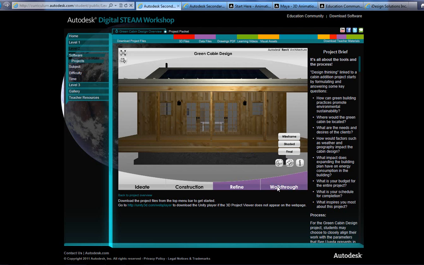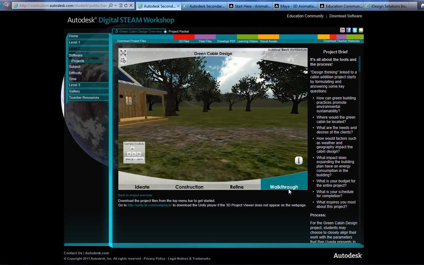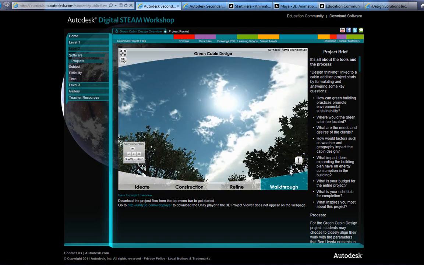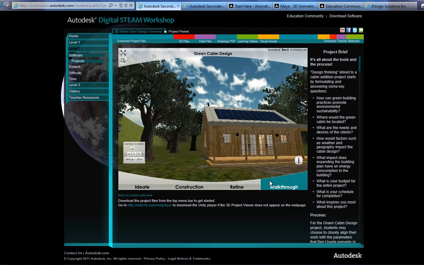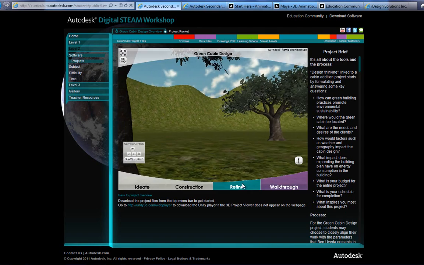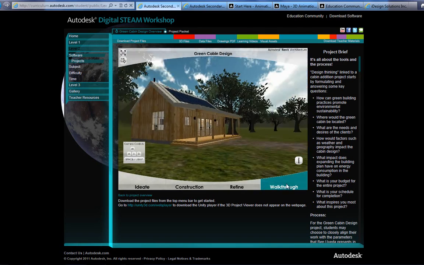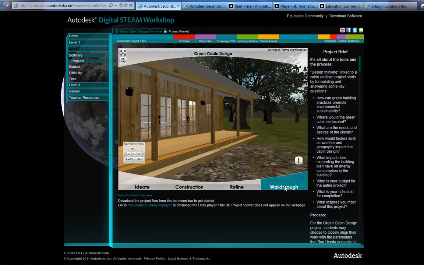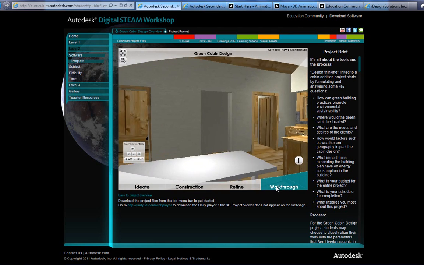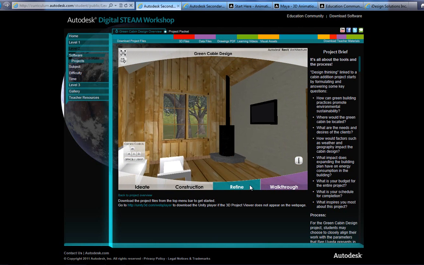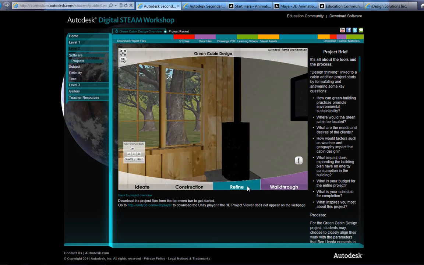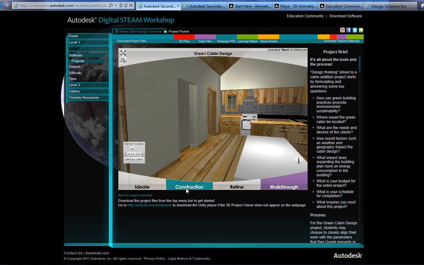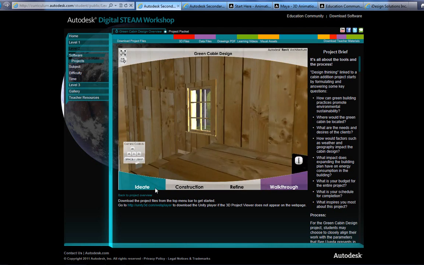Something else that's really interesting in these project packs is they have a final presentation component, and this one is a little mini video game where you can actually go into the environment and take a look at what was designed. So they've dropped this Revit model into Unity game engine and allowed one to go in using first-person shooter